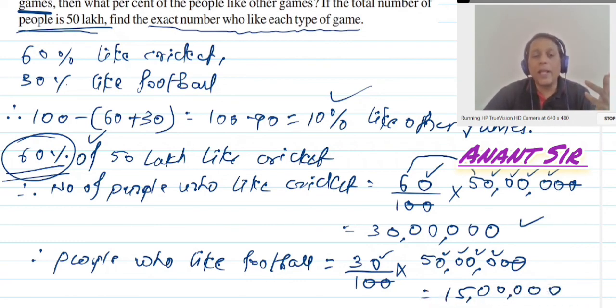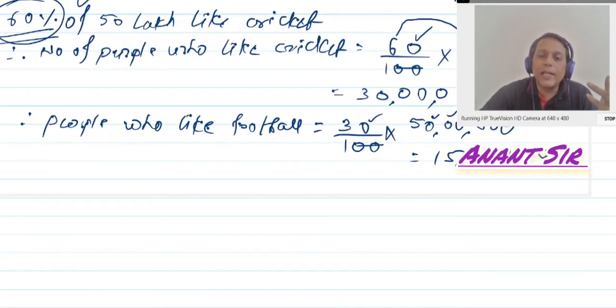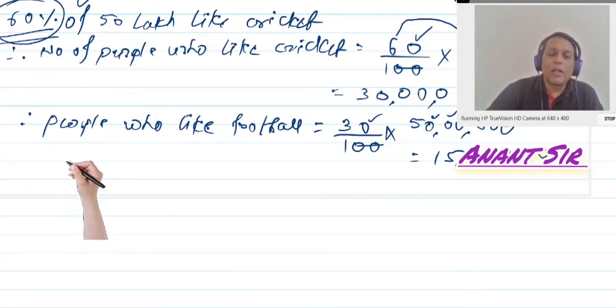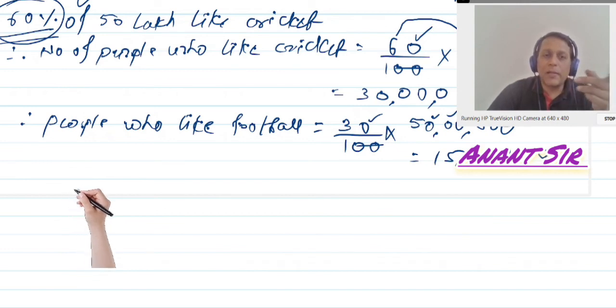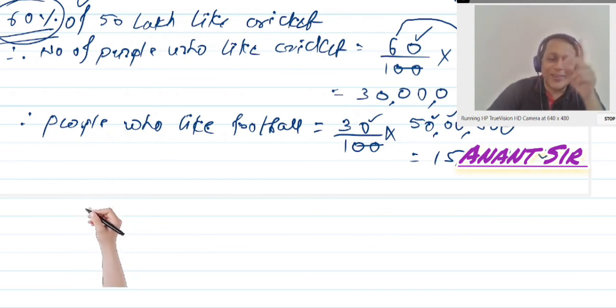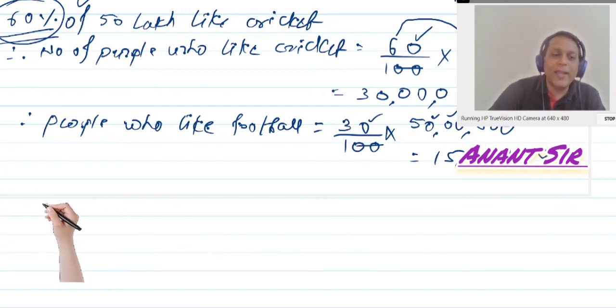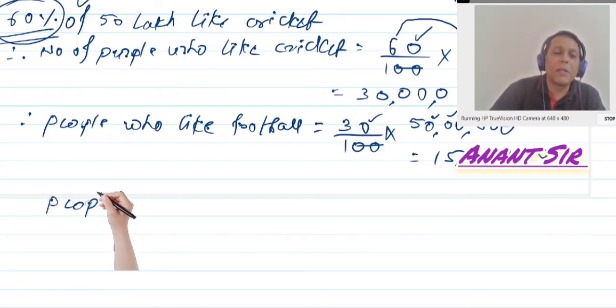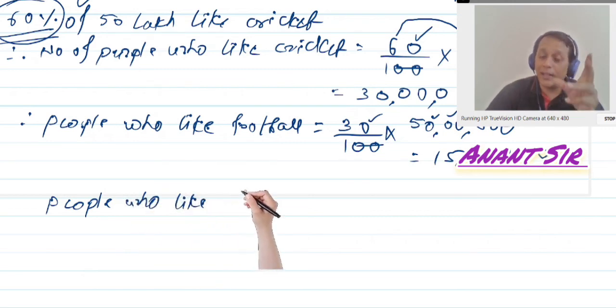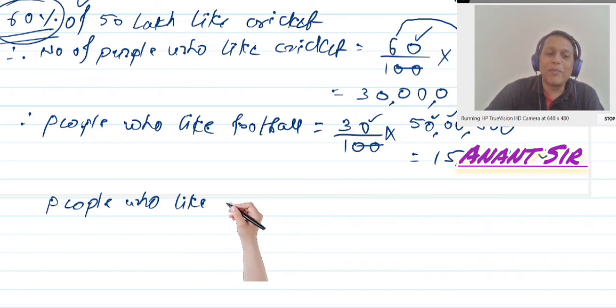Now remaining games, only 10% like remaining games. Okay. You are in which category here? 60%, 30% or 10%? Go to the comment box and tell me. So now people who like other games, you can also tell the game's name also. Okay. People who like other games is